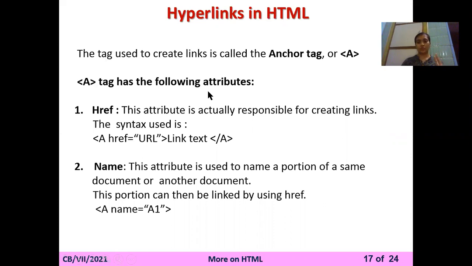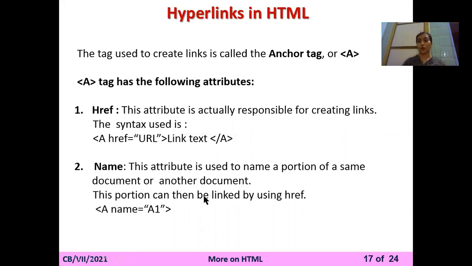There are two attributes you must remember. First is the href. This attribute is actually responsible for creating the links. This is the syntax. Second is name. This attribute is used to name a portion of the same document or another document.